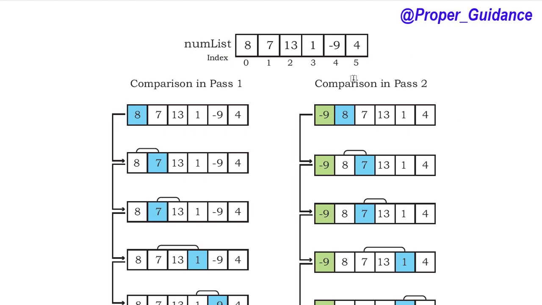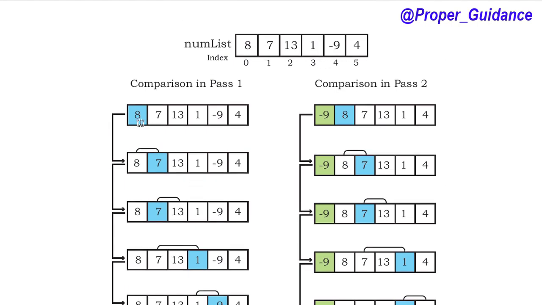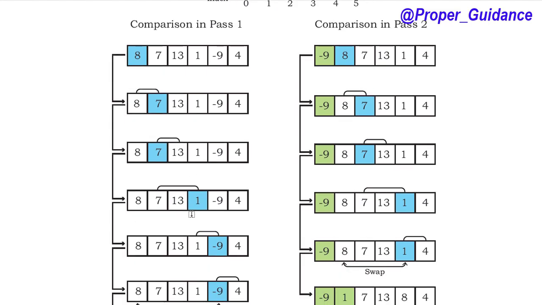Now see, in these given numbers, which one is the smallest one? Obviously -9. We can see it. It is the smallest one. So, comparison in pass 1. What will happen? Look, 8, in the blue box, is checked with 7. After that 7 and 13, after that 13, 1,